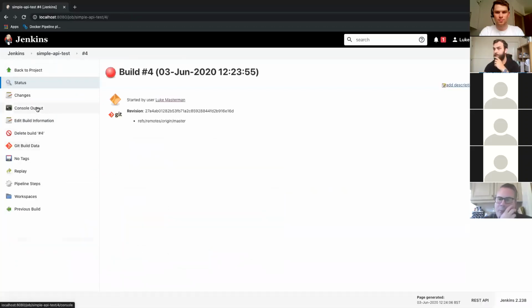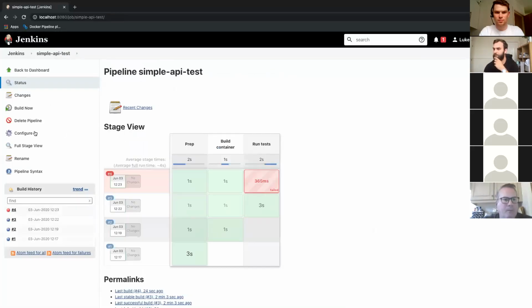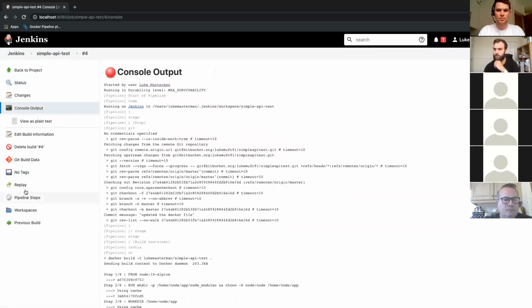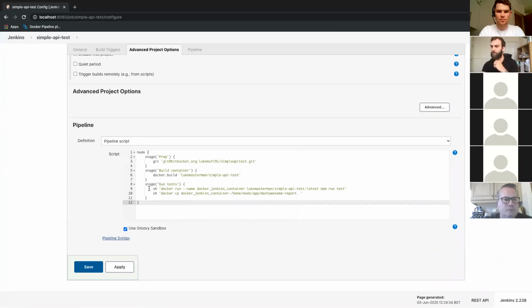It's always nice to get a bit of an error though, because I can show you that you can look in and see exactly what went wrong. That is because I don't have a cleanup in there, which goes and kills any previous containers. So let me, oops. I'm just going to add that cleanup stage now for you, just so that we do clean up any containers that I have created.